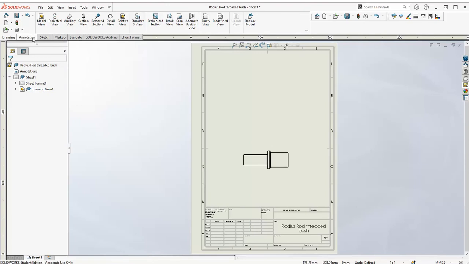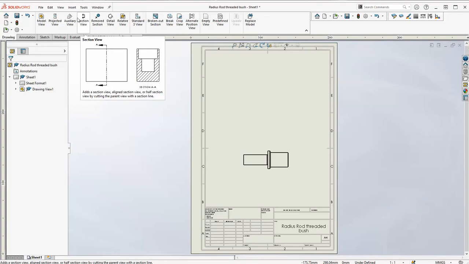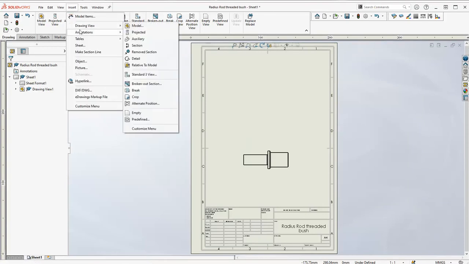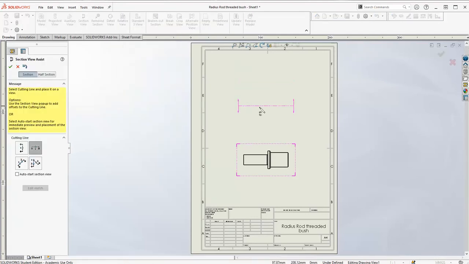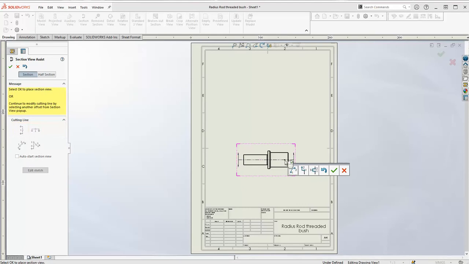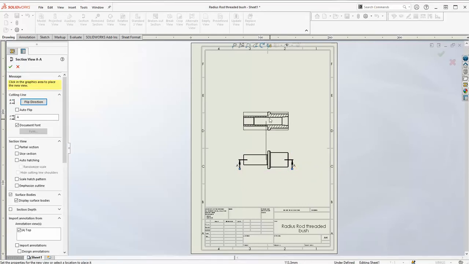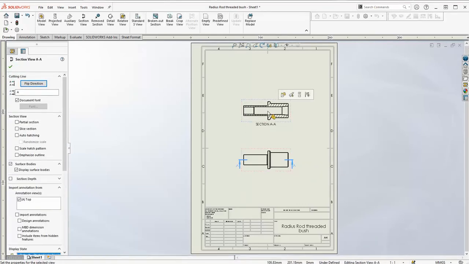Okay, so in Drawing, we want to create a sectional view. We can also go Insert, Drawing View, Section, either or. Click on that. It remembers where I was last time. If I wanted to create a section through here, that's how we would do it, but that's more useful. It's remembered that, and it's snapped to the center line, which is good. Accept that,